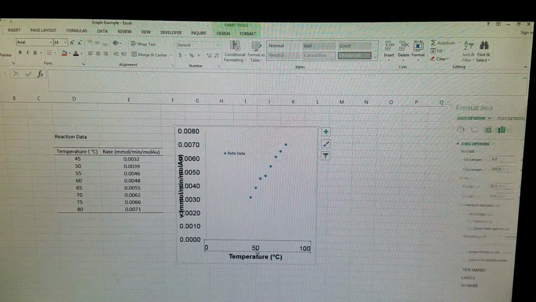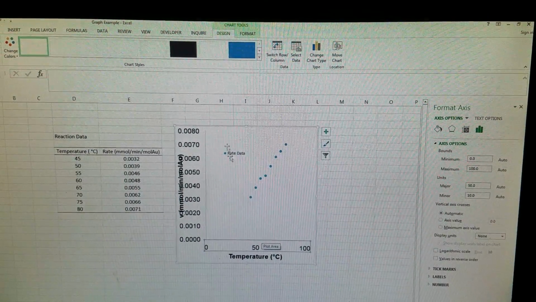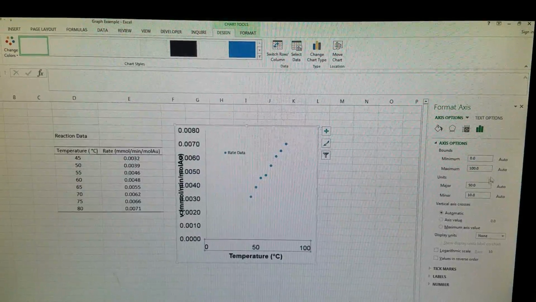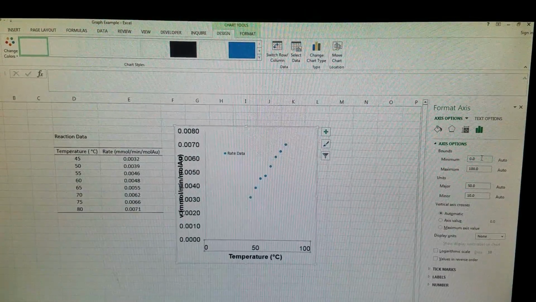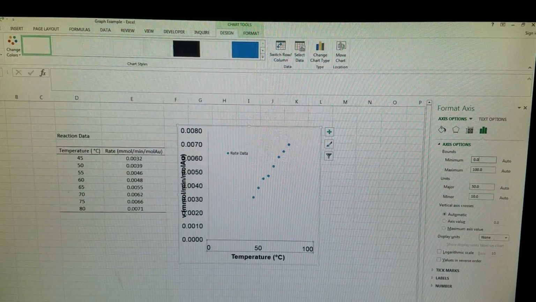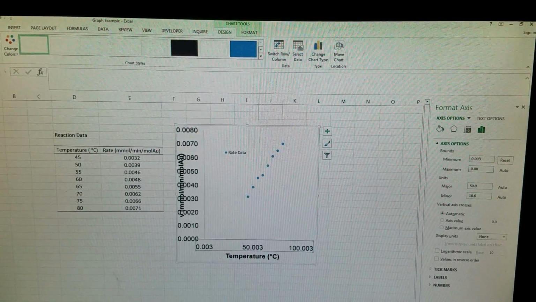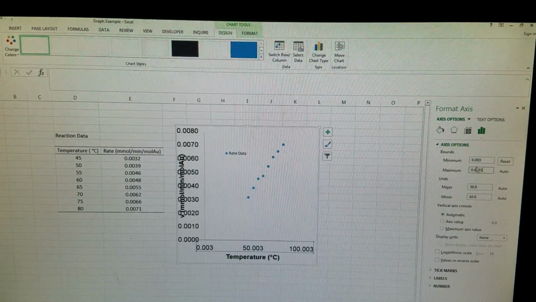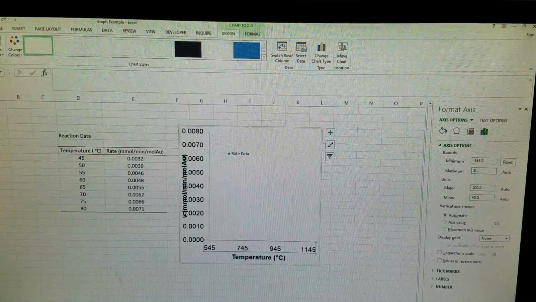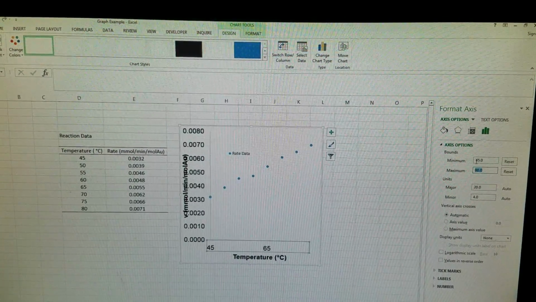So now let's fix some of this dead space. We've got a lot of dead space here, here, and up here. So almost half of this graph is just dead space. I've already gone through and figured out what the bounds of my axis should be. You're going to have to go through and find out what you think looks best for your data. And I am typing in the wrong axes for these. I'll go to 45, and then 80. Okay, now